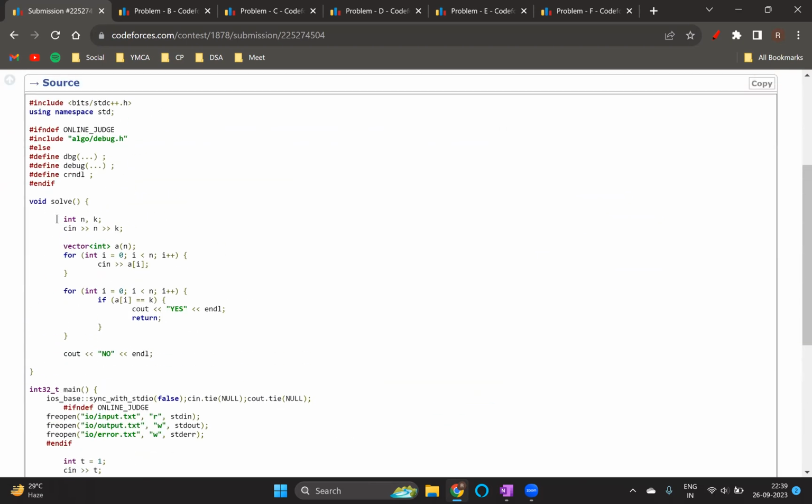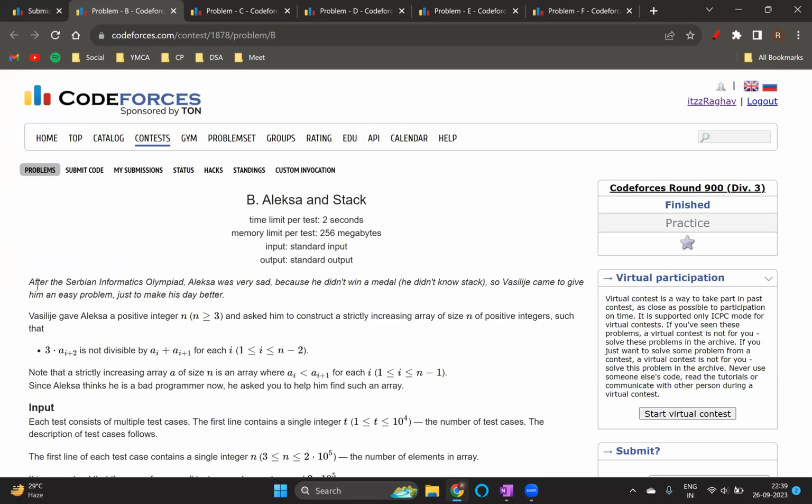So what I did here was to just take the inputs and then run a for loop, and if at any point I find k, then I will return yes. Otherwise, at the end, I will return no. As simple as that. For the second problem,